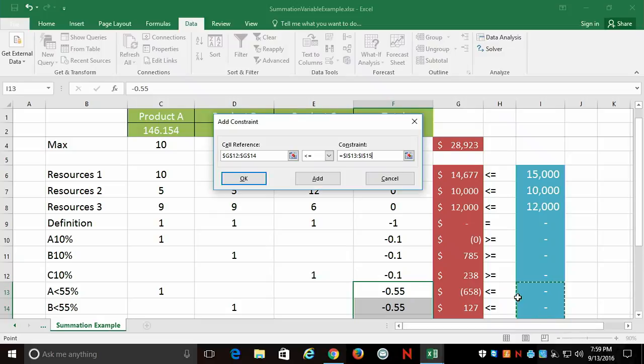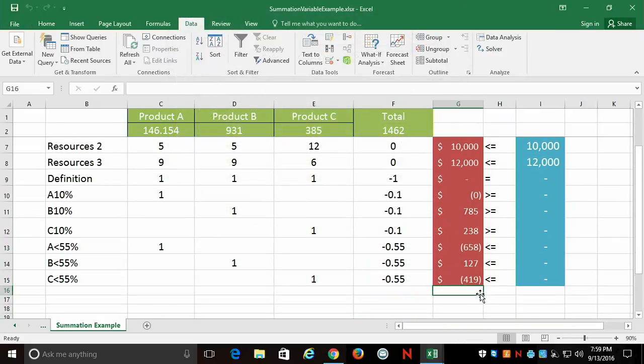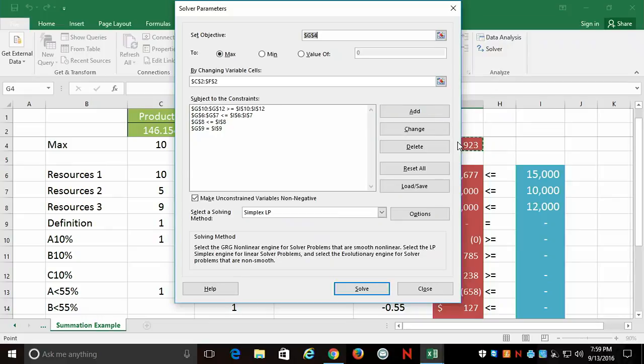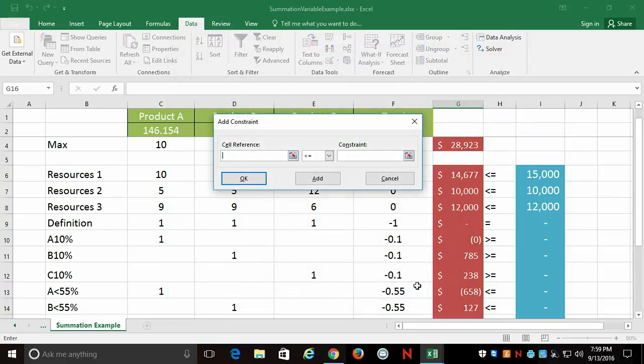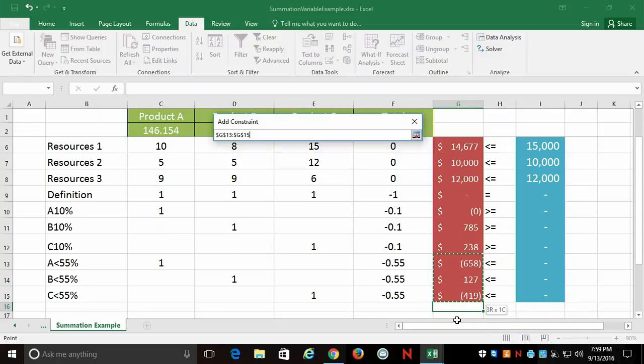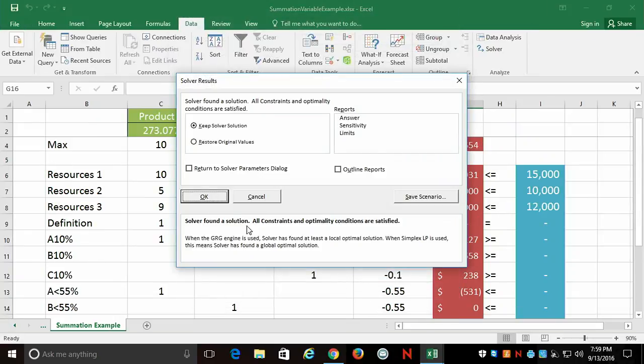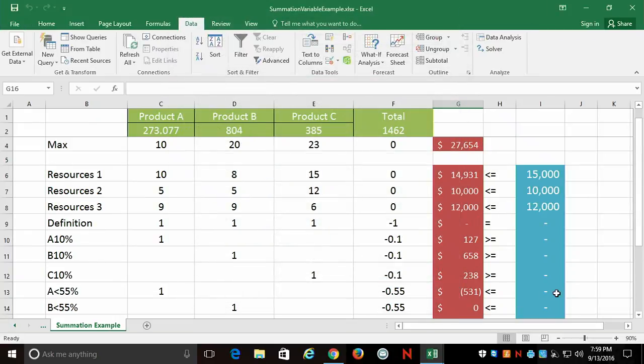Wait, what did I do? No. Let me add that again. Add, it's G13 through G15, I'm sorry, is less than or equal to I13 through I15. Click add, click solve, Solver finds a solution,